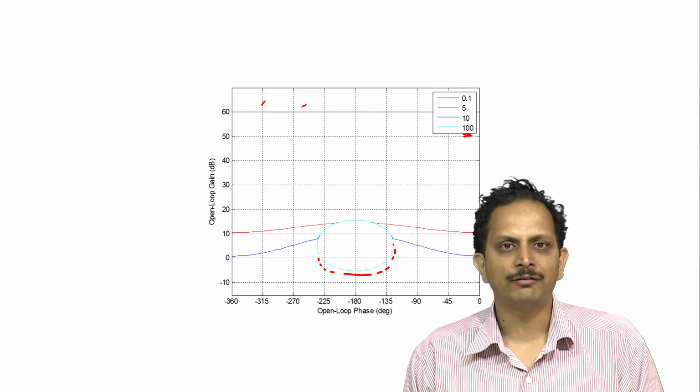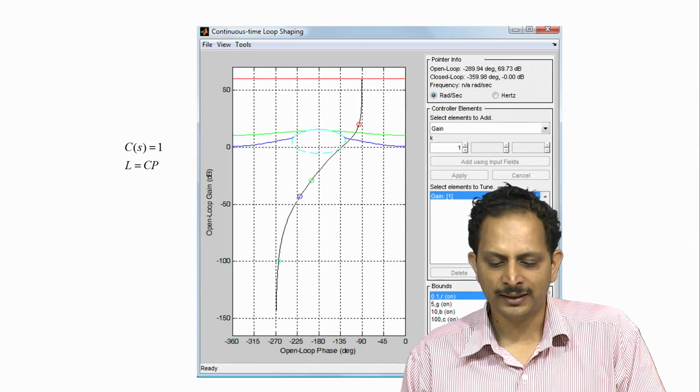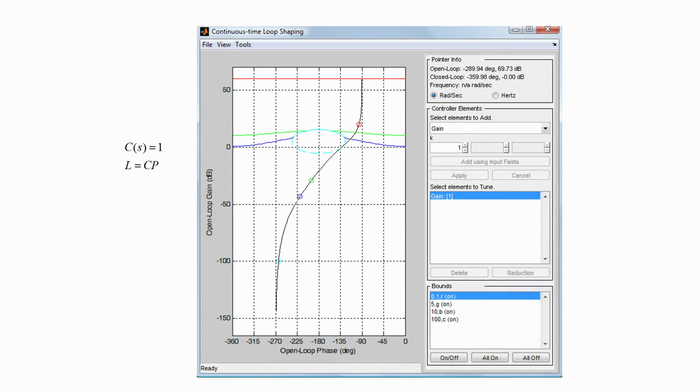But if you have access to this toolbox, then you can open a dialog box where the same bounds are represented, and on top of these bounds we have also superposed the Nichols plot of the plant itself. The software indicates through appropriately colored circles the loop gains at each of the frequencies of interest to us. For instance, this red circle indicates the loop gain at 0.1 radian per second, and the red bound here corresponds to the bound at 0.1 radian per second.